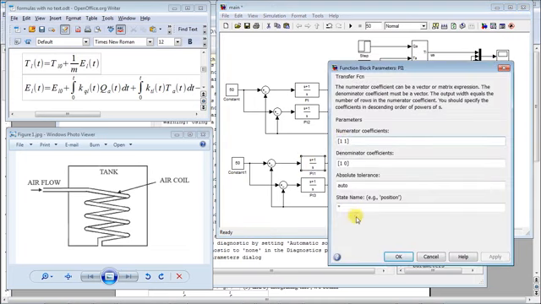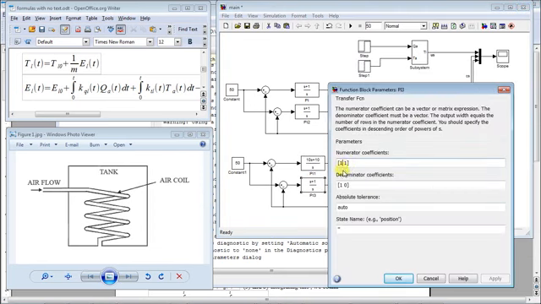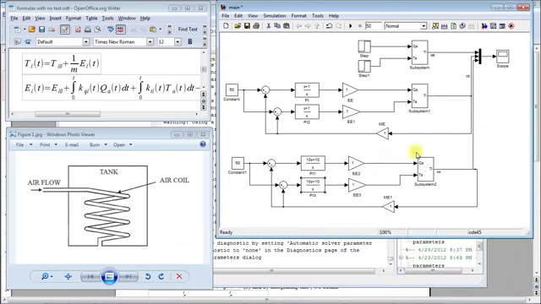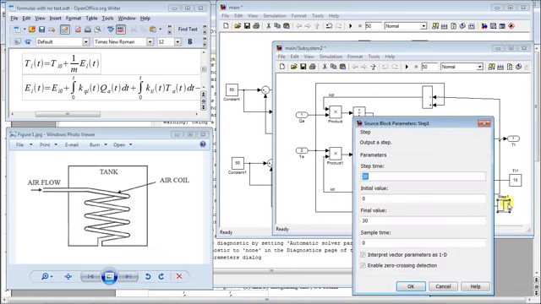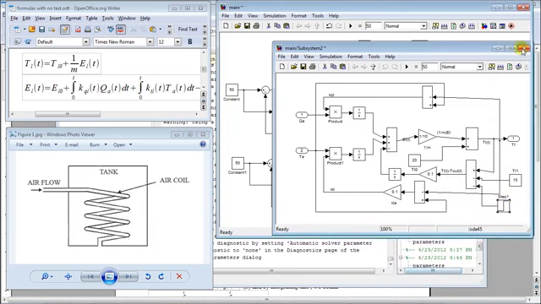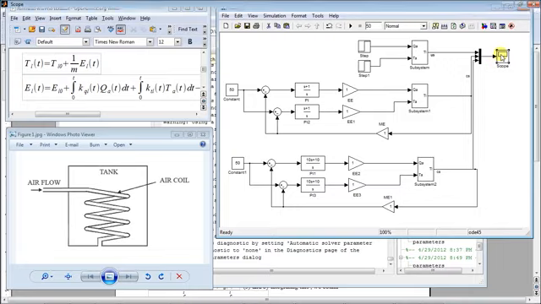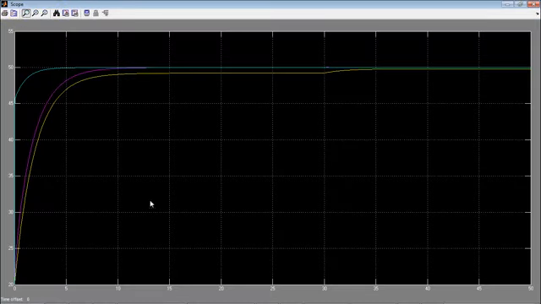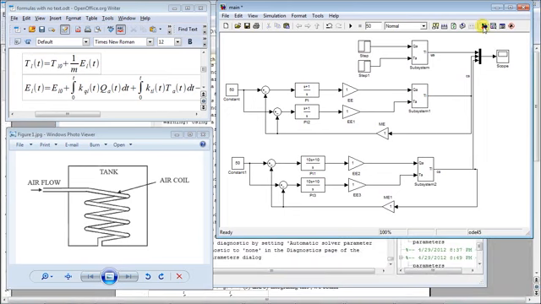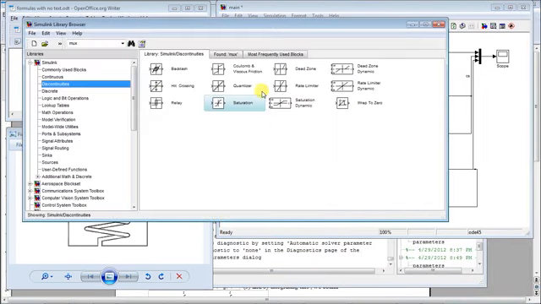I'm going to place them as 10, and sure enough the third controller reacts much faster, but to be fair, I'm going to place a saturation on the controlled variables,